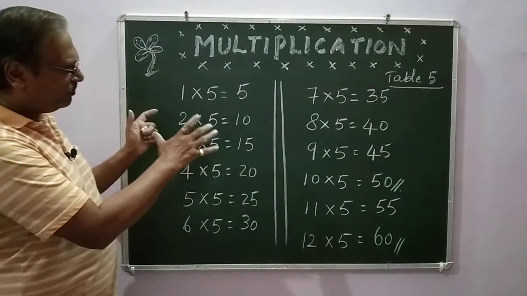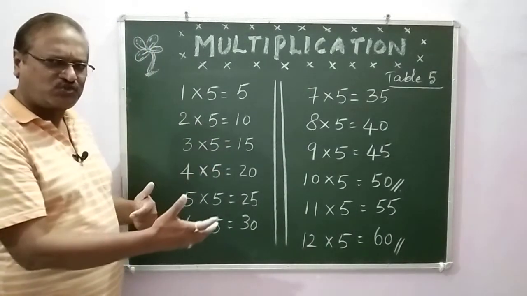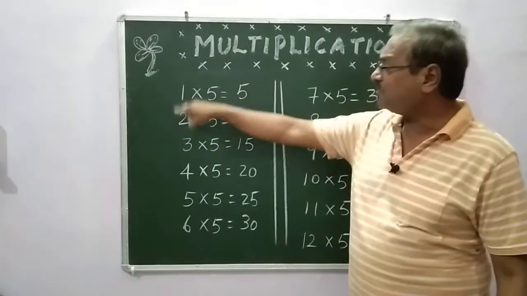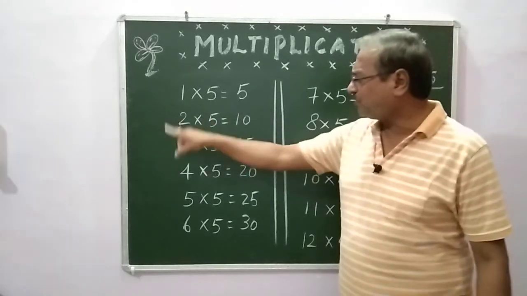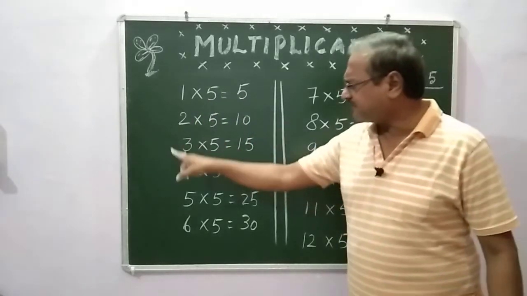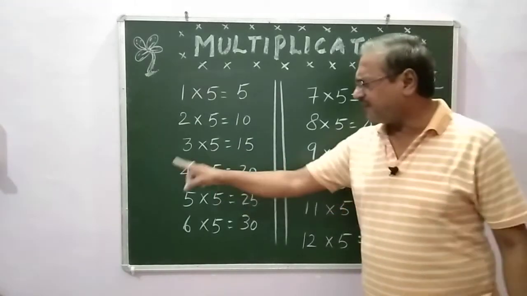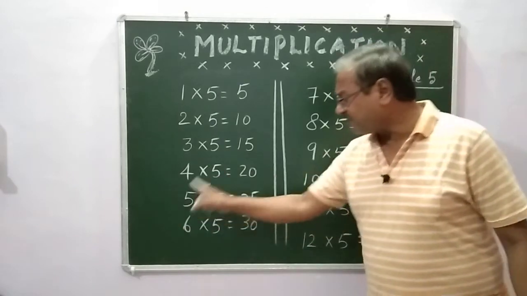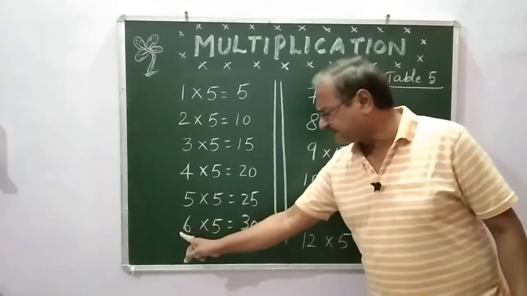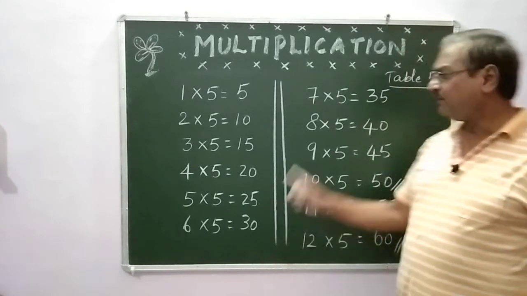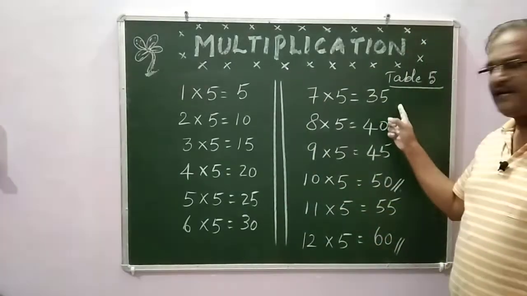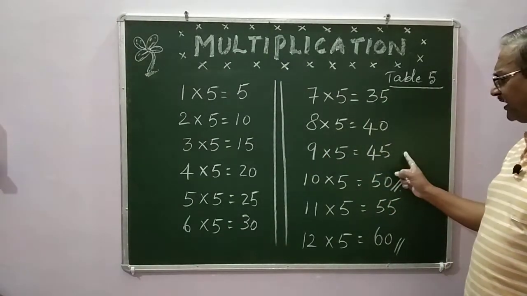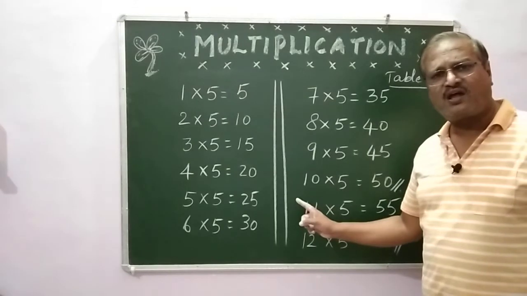Yes, you get my multiplication table now, or do you want to say it another way? Okay, we can also tell like this: 5 1s are 5, 5 2s are 10, 5 3s are 15, 5 4s are 20, 5 5s are 25, 5 6s are 30, 5 7s are 35, 5 8s are 40, 5 9s are 45, 5 10s are